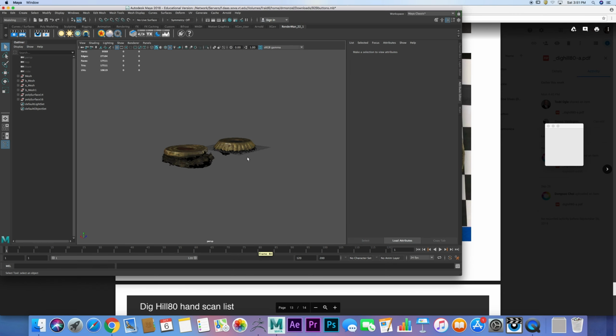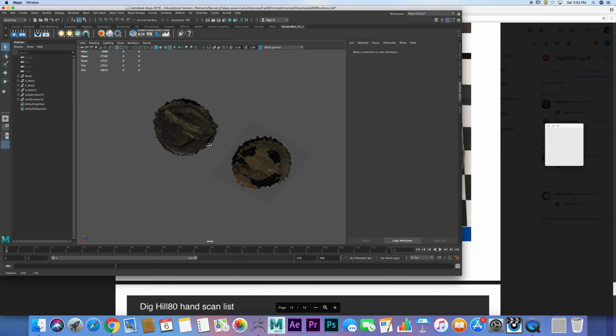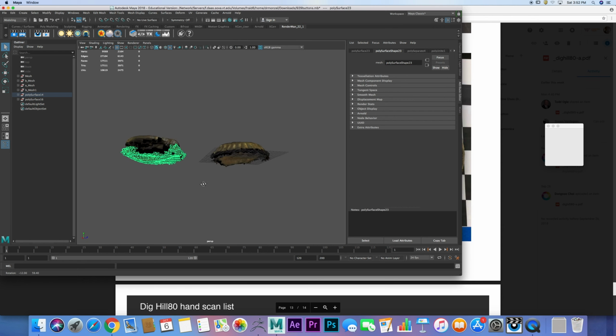And I've already put it into Maya. Both of them were scanned at the same time, so they came in at the same time. But we had to scan them at two different sides, so like the two tops were scanned together and the two bottoms were scanned together. And so I had to manually take the scan pieces and just move them over, essentially using,